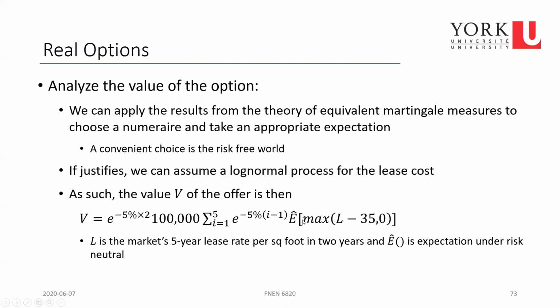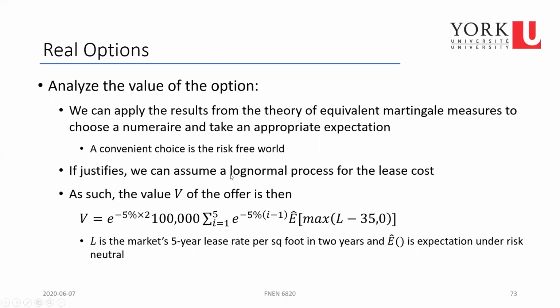So for each of the year, we take expectation, we discount it. So the first one is we discount it for 1 year, and then for the second year, we discount for 2 years to the present. So now, if we do that, we basically transform this value. It's equal to this particular expression here. Then the question here is to figure out this expectation.